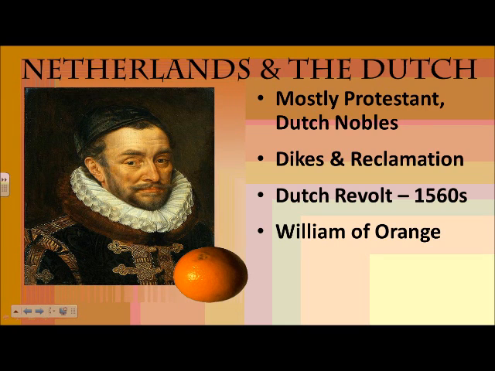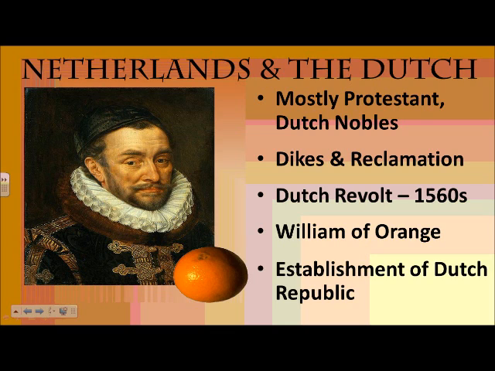Orange is the name of a territory, has nothing to do with the fruit, but I just put it there. So William, Duke from Orange, becomes the leader of this Dutch revolt, and he organizes all of them together. And they decide, in order to defeat the Spanish army and finally rid the Netherlands of a Spanish presence, they need to do something drastic. And they break the dikes. They re-flood all of that land that had been reclaimed from the sea in order to defeat the Spanish. They are willing to break all of their hard work and innovation in order to get independence, and that's exactly what they do. The Dutch Republic is established. They are independent, and now they can have their own country.